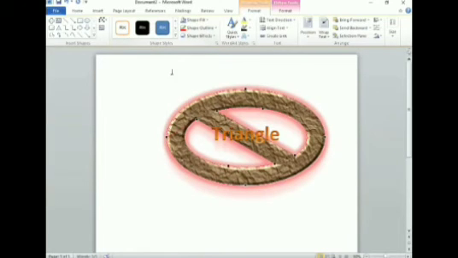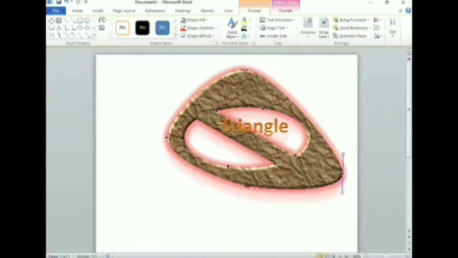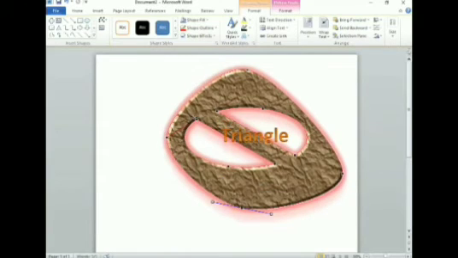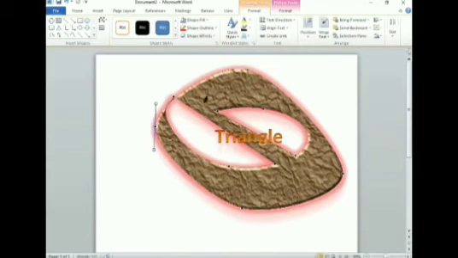You can see here, many points are here. Just use any point to change the shape of it. See, so you can see many points are here. With the help of these points, you can make any type of shape according to your requirement. You can see here, I'm just using different points. So it depends upon you how much you want.